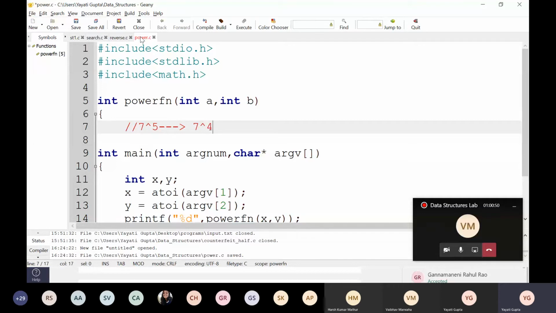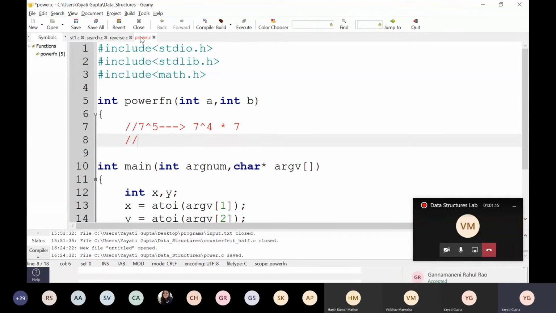If someone gives me 7 to the power 4, I just need to multiply it with a 7 to get my answer, right? And 7 to the power 4 will require 7 to the power 3, which will require 7 to the power 2, which will require 7 to the power 1, which might require 7 to the power 0. And 7 to the power 0 will require 7 to the power minus 1, which doesn't exist. So our base case is nothing but 7 to the power 0. What is your base case? In any condition, it's going to be a to the power 0. So when b becomes 0, that is your base case. Everyone with me?